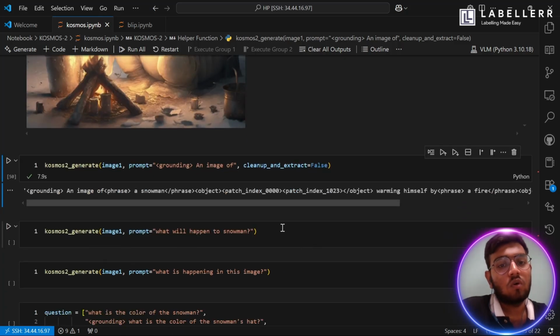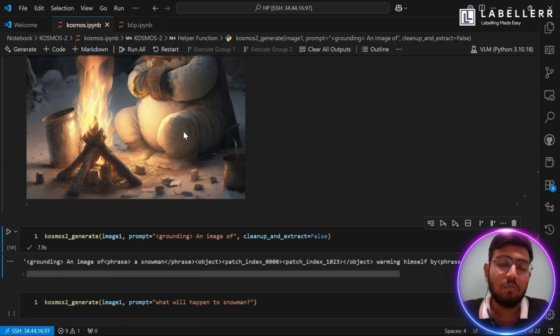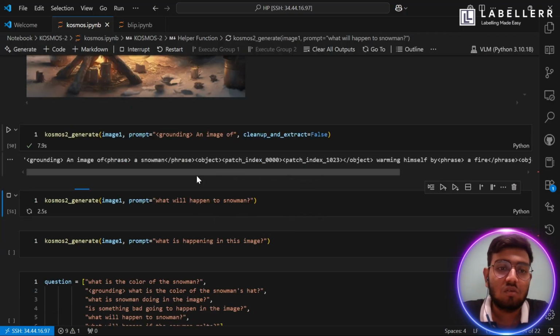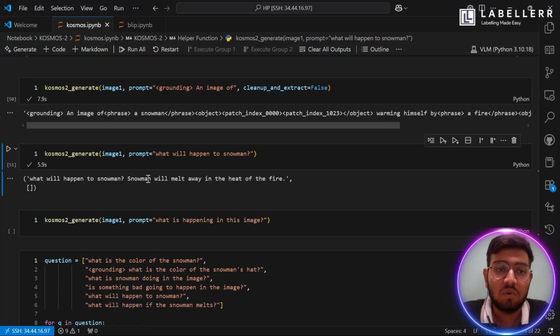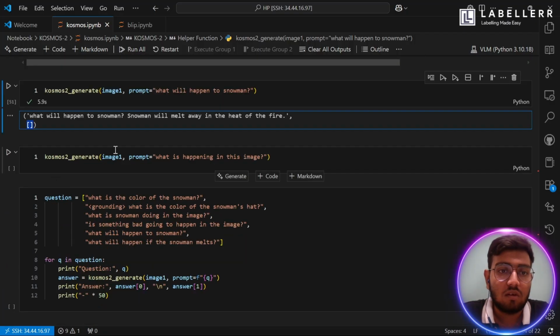Now let's ask a question related to the image, like what will happen to this snowman. If the model has context of the image and understanding, then it will give us a proper answer. So what will happen to the snowman? The snowman will melt away in the heat of the fire. So it understands what a snowman is, and that a snowman will melt in the heat of fire. As you know, I am not providing it with grounding, so the other box is empty. Now if I provide grounding, as you can see,